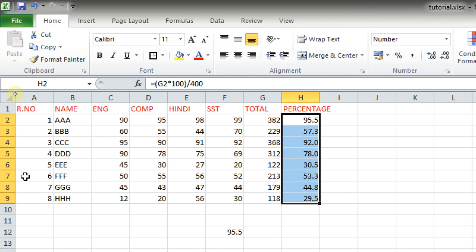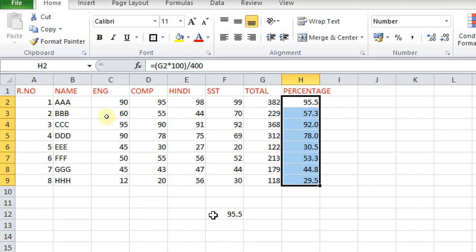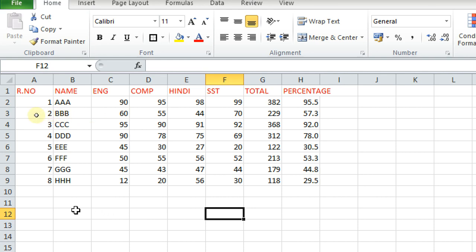I hope this is clear to you now, how to calculate the total and how to calculate the percentage. This is a kind of revision for those who already know it. And again and again you can watch this video if it is not clear. So today you have learned how to select a range and how to use a range in a formula. Is it clear? So I'll stop this tutorial here. Please practice this tutorial at home.